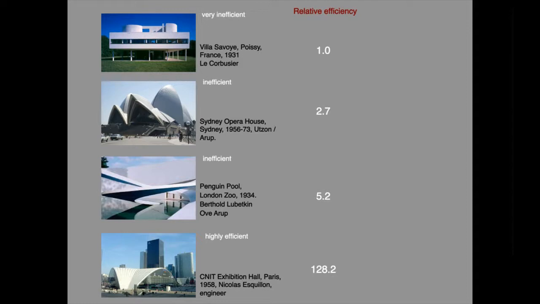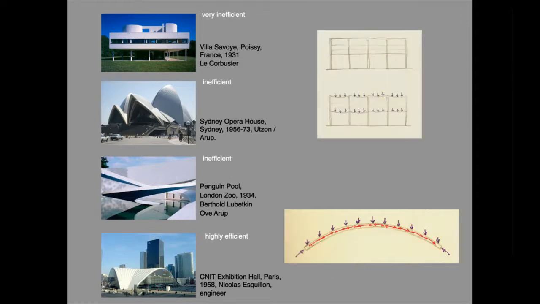The reason why overall form matters is because it determines the type of internal force which occurs in the structures when loads are applied to them. In the case of the Villa Savoye, the loads cause the horizontal parts of the structure to bend. When load is applied to the CNIT shell, the internal force is pure axial compression, and this is the essential